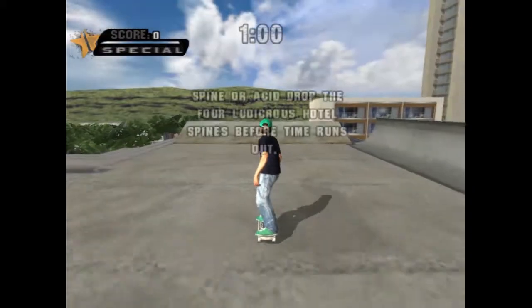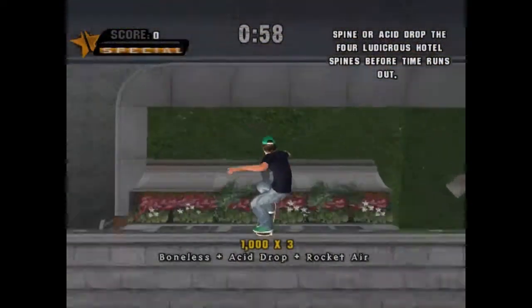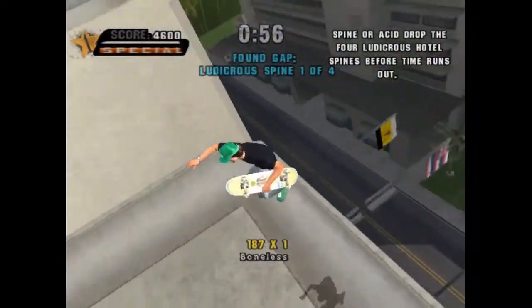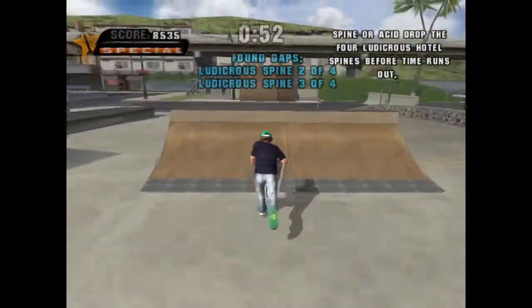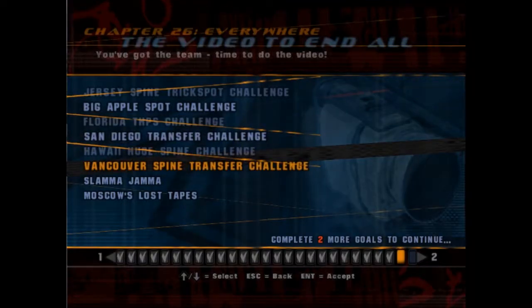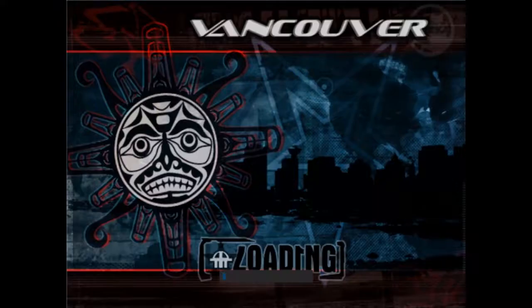Hawaii Huge Spine, bonus off here, acid drop down, then you want to bonus here, get off your board near the peak, jump over, spine transfer here, get off your board, line yourself up and do a spine there. You can get too much speed if you don't get off your board near the end, so...